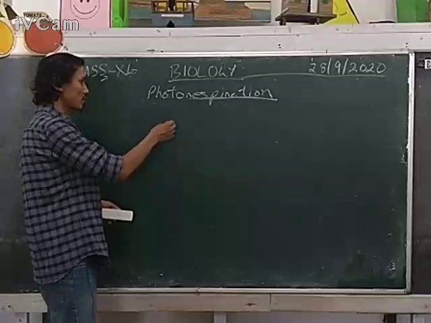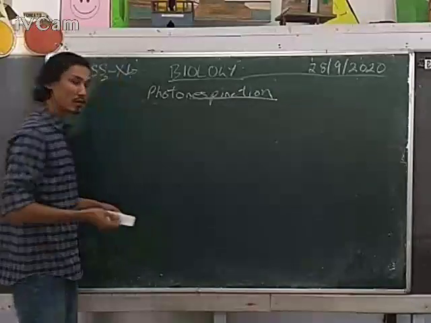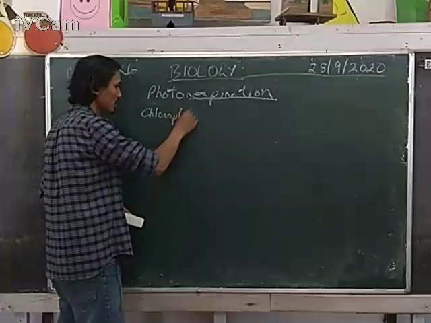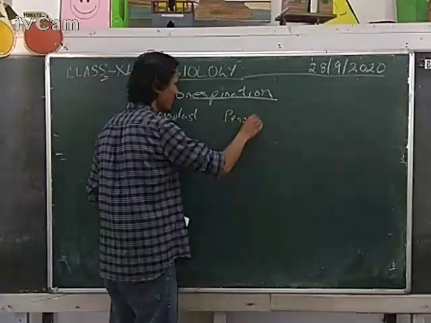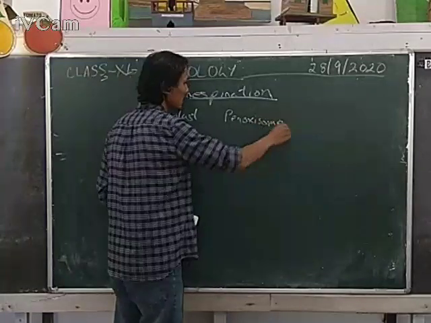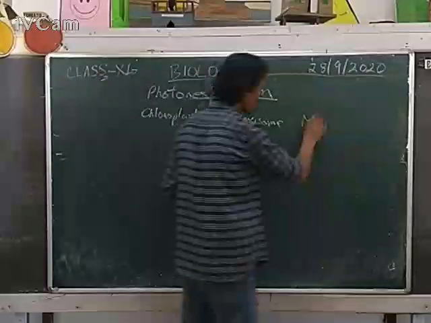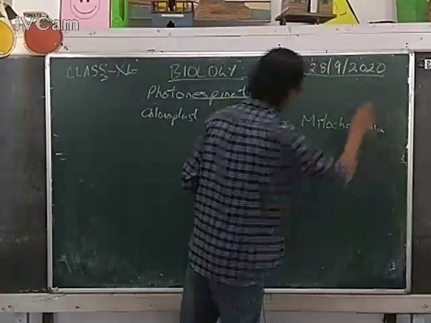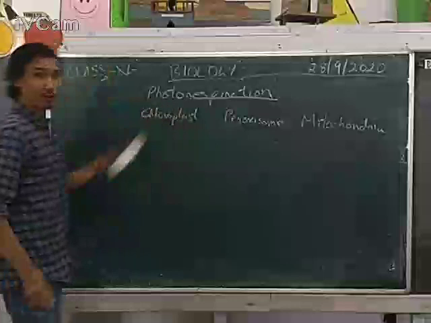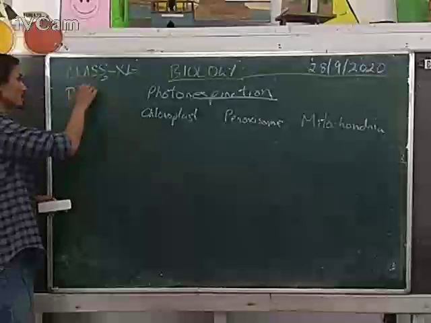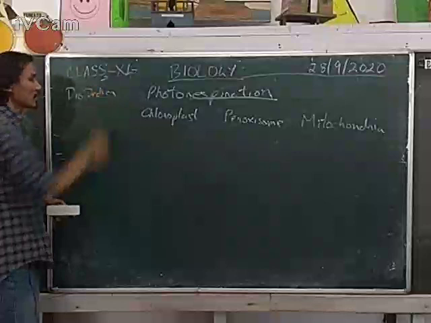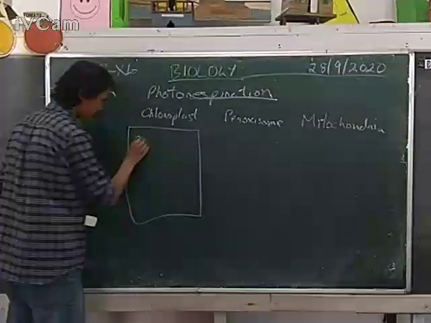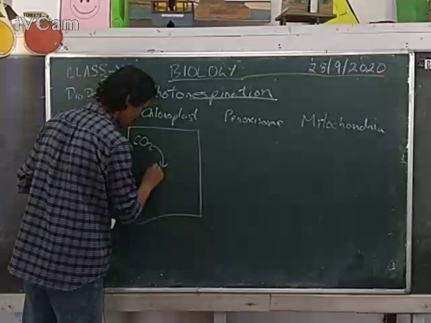So in photorespiration, you have to remember three organelles: chloroplast, peroxisome, and mitochondria. Photorespiration was a term coined by Dicker and Decker. In the chloroplast, what happens is the carbon dioxide combines with